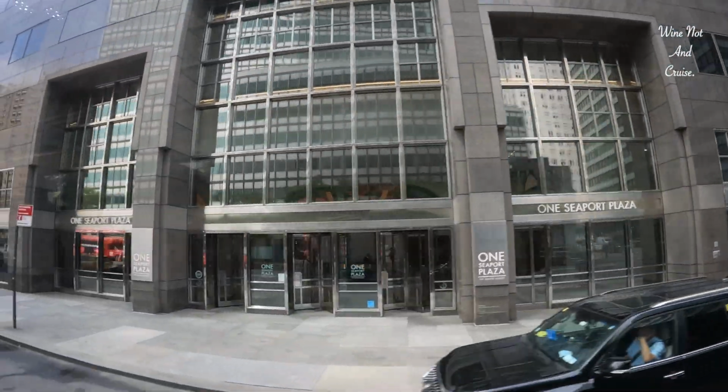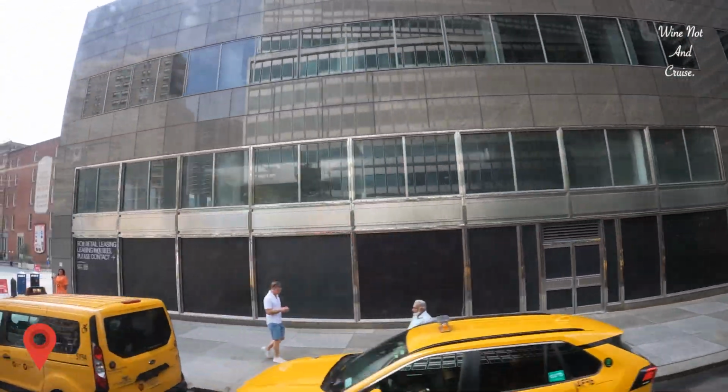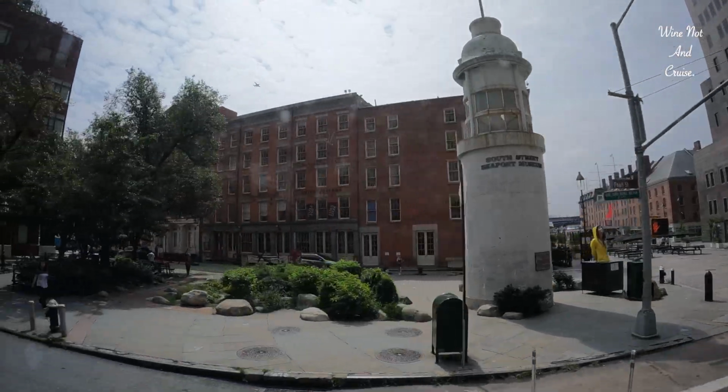So take a look to your right, you can see the old cobblestones, you get to see the old shipping area right here on your right. And this is the old South Street Seaport. And right there on the right, this is Bound & Company Stationers, which is one of the old...